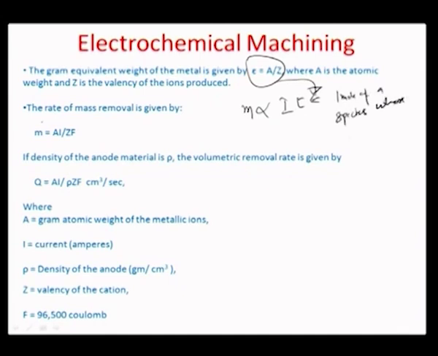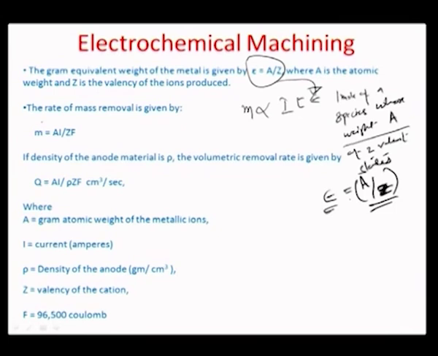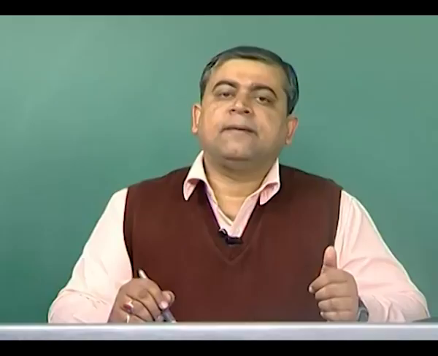whose weight is the atomic weight A, of a valency Z, so of Z valent states, would have an equivalent weight epsilon of A by Z. That means it's something like the amount of charge which would be needed to remove so much amount of weight. So it gives an indication of that. And that's what the equivalent atomic weight epsilon is, and of course the current-time product is basically